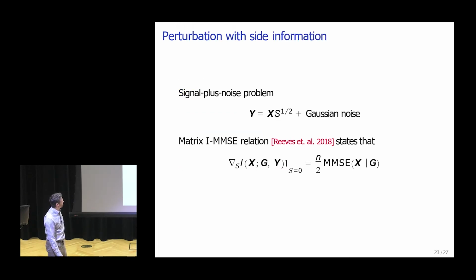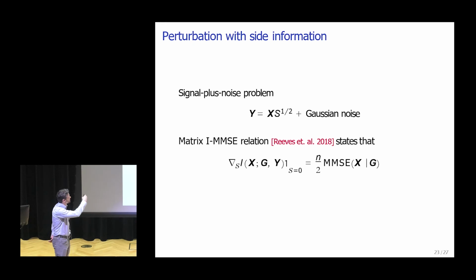So the key difference, one, from the beginning, is to harness a very general non-asymptotic relationship. If we just think about this signal plus noise problem characterized by this positive definite matrix, and I take the mutual information between my labels in the graph as well as the side information, and take the gradient with respect to this matrix SNR and evaluate that at 0, that's exactly the quantity I want, my MMSE matrix. This is very general. It holds for any kind of joint distribution on G and X. It's really not relying on communities or finiteness or anything.